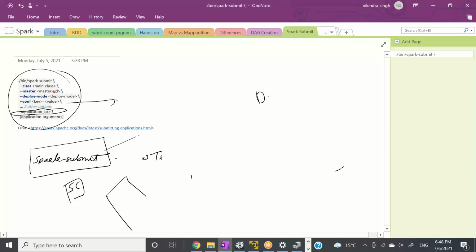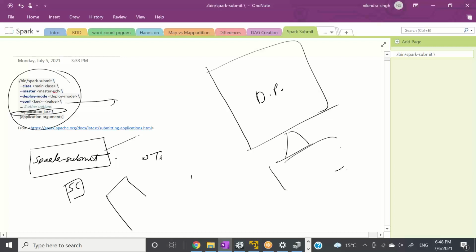I have my driver program here. So this is my laptop, right? And I'm running this program in Scala IDE. In this Scala IDE, I have written my Scala code. And when I press the play button, what is going on?